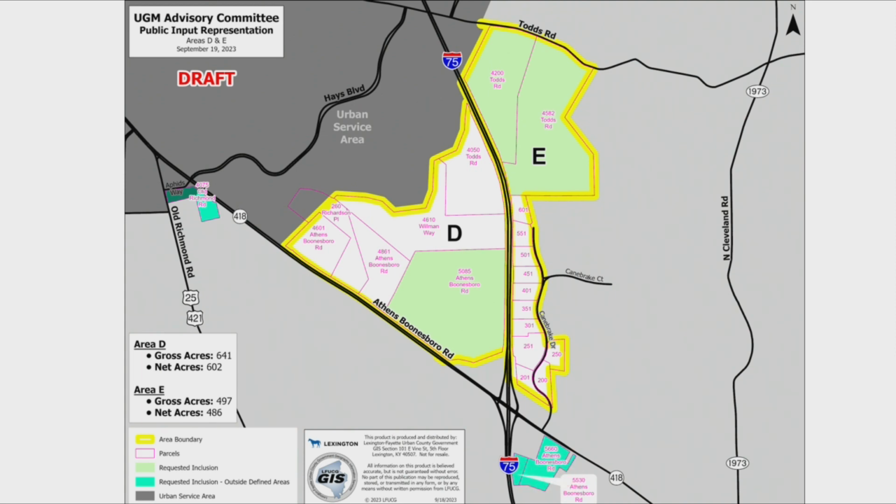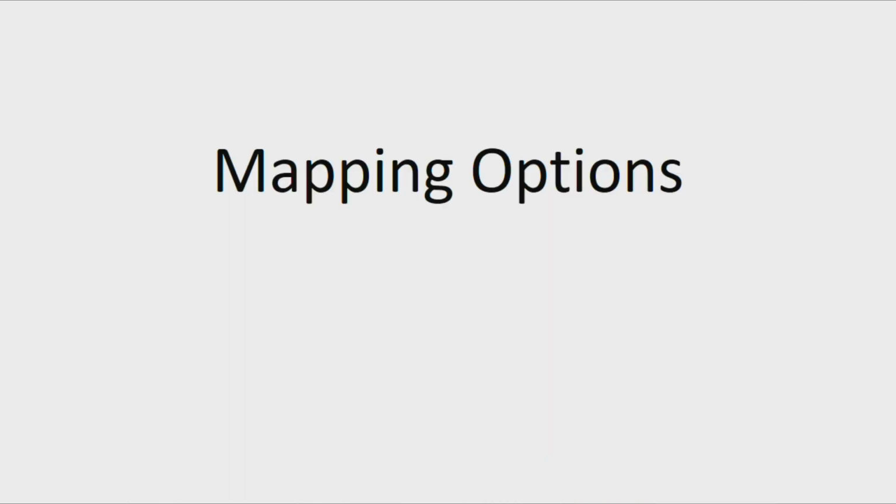And then in addition, you heard from one other property owner near the Hayes Boulevard intersection along 8th and Boonesboro here in green that said they wanted to be included as well and they were ready to develop. However, you have not reviewed this property or any properties around it as part of this project. So where we are now, looking at what the property owners have said that they want to do and they don't want to do, I believe that you are in a better position to start putting some ink on these maps and moving us forward.